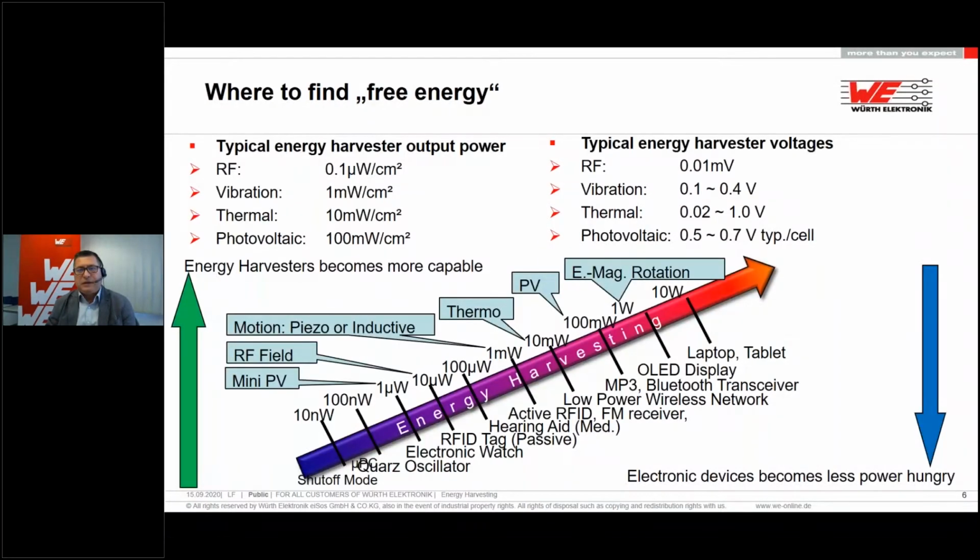After you decide which kind of source you use, you can see that there are big differences between harvesting of the non-electrical forms. You can harvest RF. RF harvesting is mostly not so effective, because you have only 0.1 microwatt per square centimeter. And even if you're living close to a mobile phone base station and you build a nice big Yagi antenna,